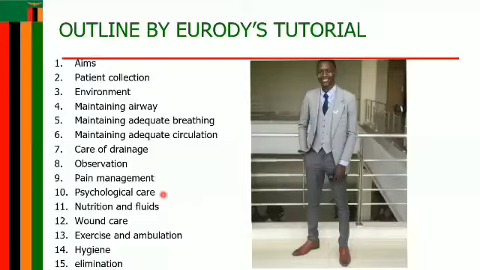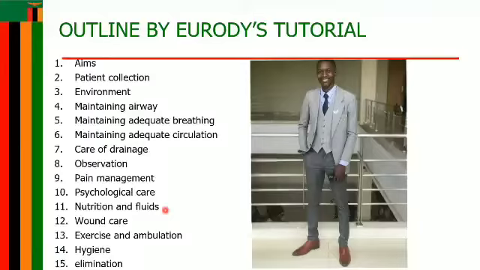You can also explain the post-operative expectations, such as the need to perform deep breathing, coughing exercises, and early ambulation to gain the patient's cooperation. You can also allow the patient to express their fears, as well as their concerns about the surgical procedure and the post-operative expectations, and this helps relieve psychological tension. So all those points you can mention on psychological care, and from there you move on to nutrition and